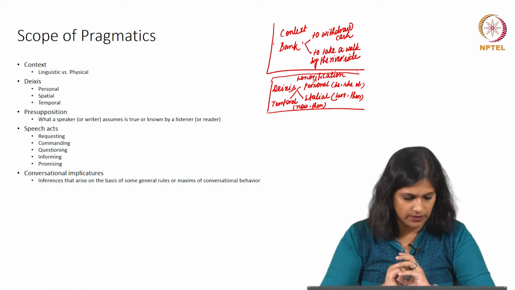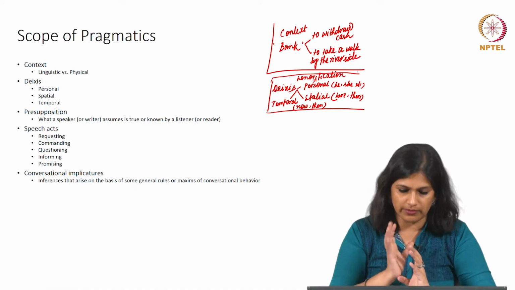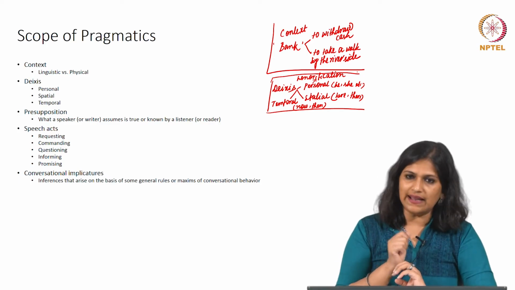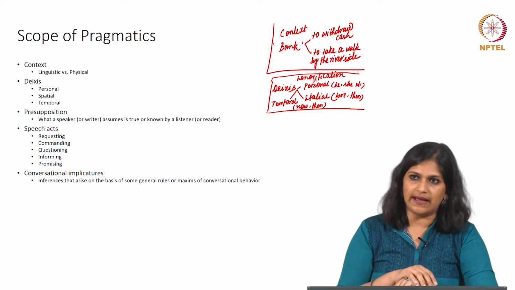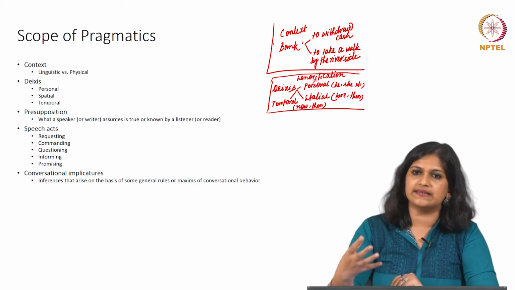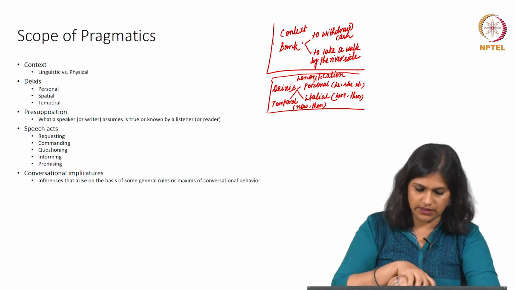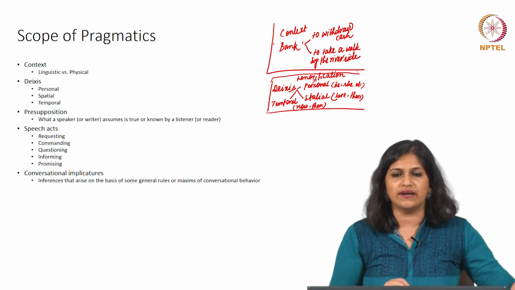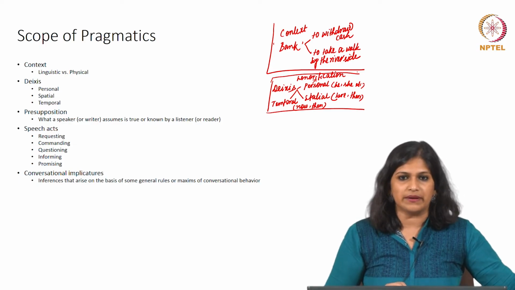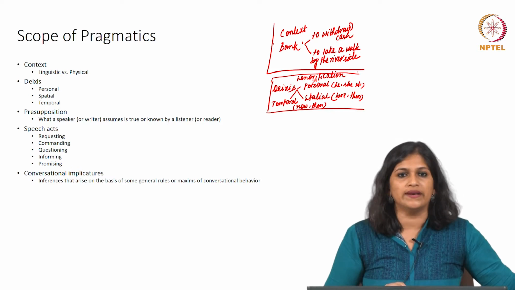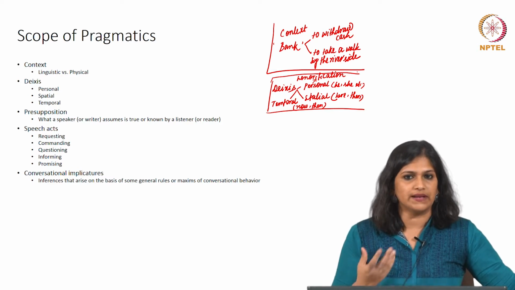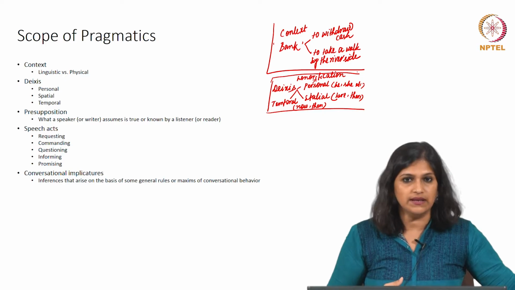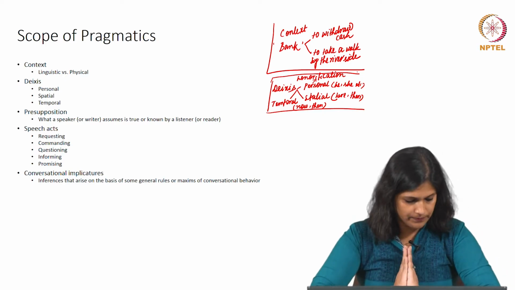I do not think I will discuss it in detail, but remember that when you analyze a conversation, you have a lot of related things associated with it. So you need to figure out what the general rules are that a pragmaticist should follow when you are trying to study conversational implicatures